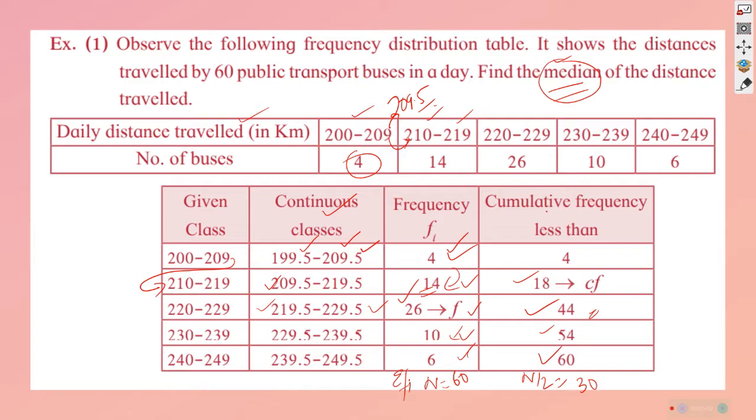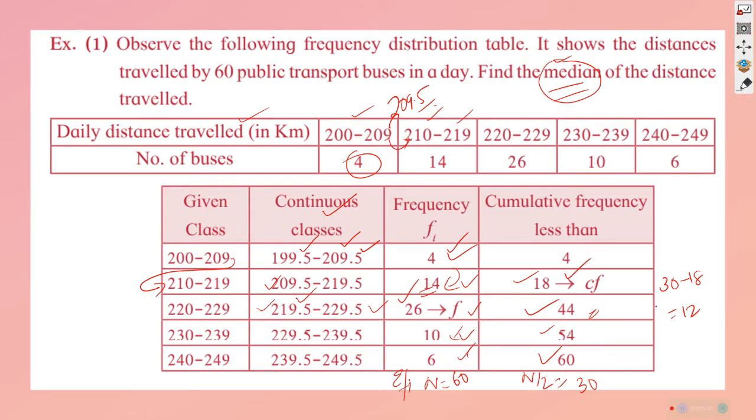Now we know that 18 is below 219.5. You should see the last video. It's a continuation of it. 18 are not coming, so that much is escaped. And from 18 to the next one is here 44. Otherwise, it is the end of it. So in that case, there is a variation in that 30 minus. We can think about 30. 30 is the mid value, minus 18 is equal to, we know that it is equal to 12. 12 scores are there which is in support of the formula, and we know that the median class is 219.5